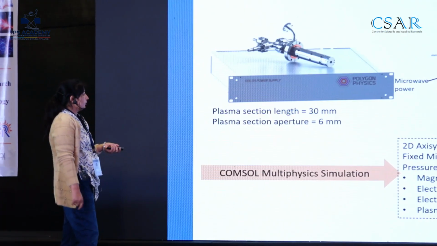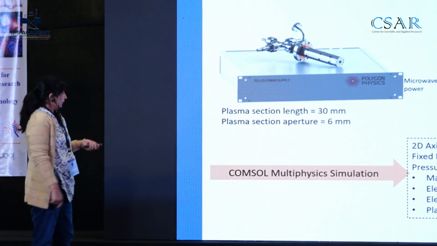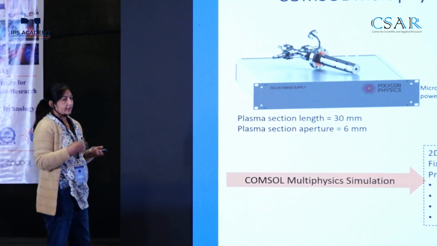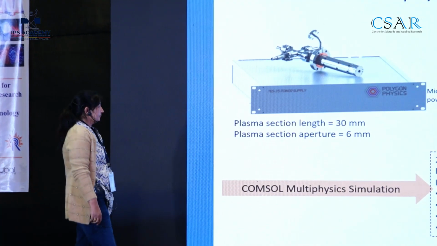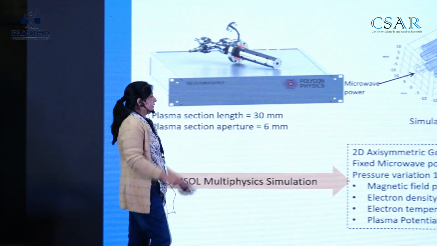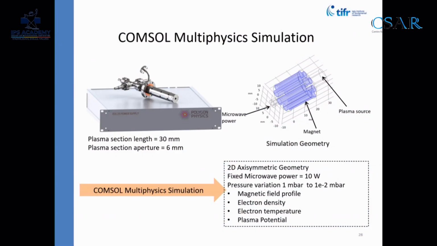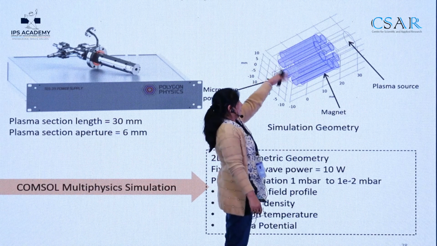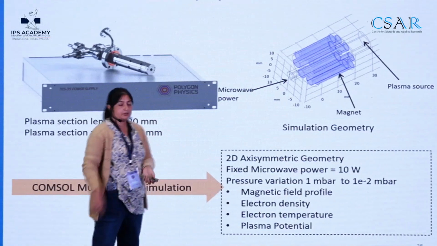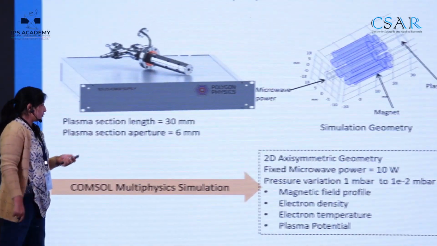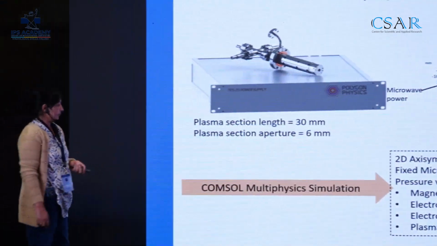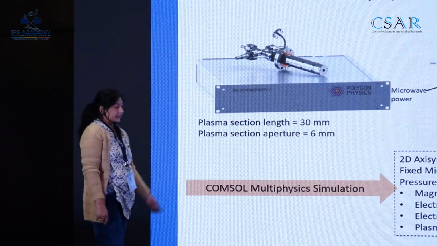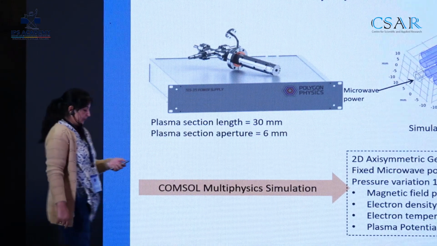Before going into the coating application, we want to understand the plasma dynamics inside it, and when it is coupled to the larger expansion chamber. So this is the source system shown here. Inside it, it has a plasma cavity. From the backside, an antenna is feeding the power, and it is encircled with 8 cylindrical magnets which are used to provide the ECR field. Utilizing this COMSOL Multiphysics simulation, we can generate the magnetic field profile and also the plasma dynamics.